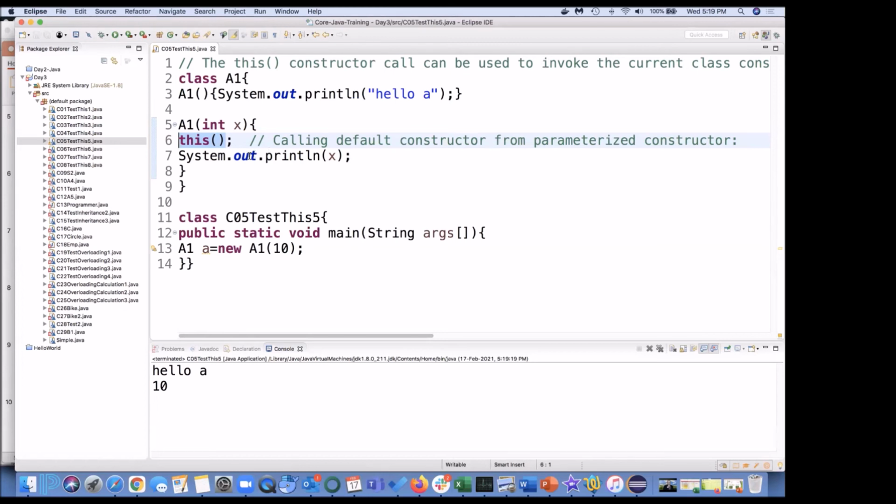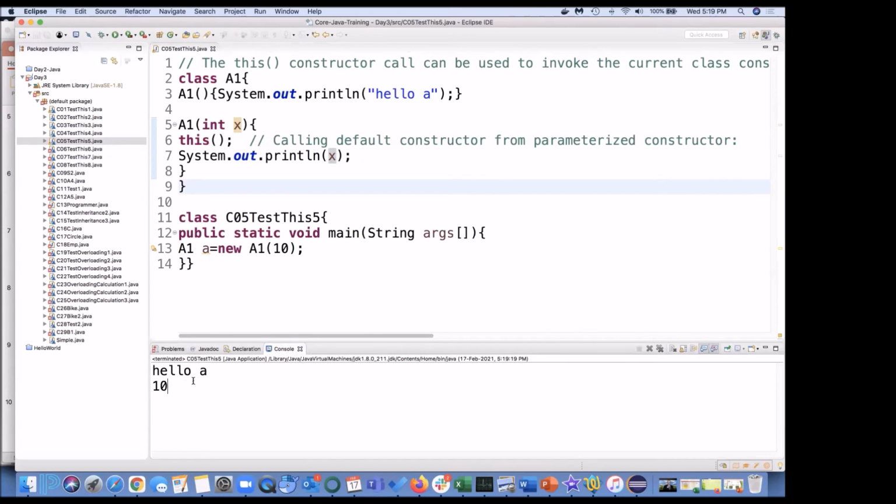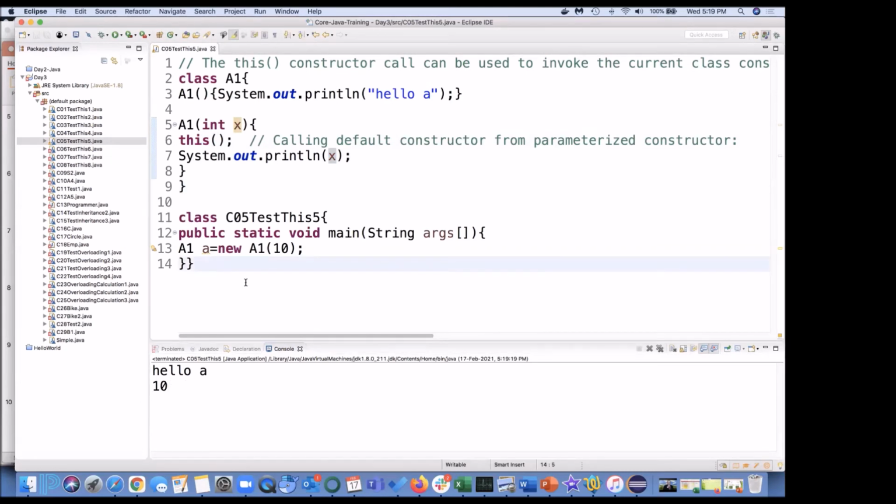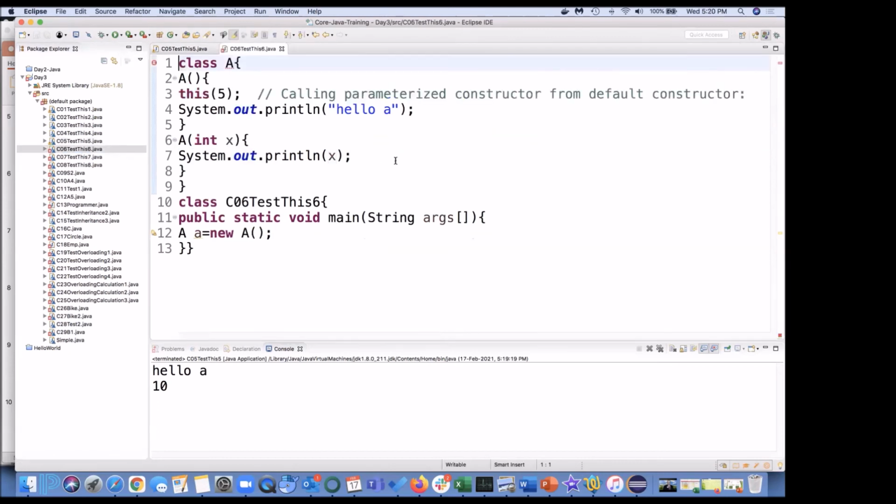Then your control came back and whatever you passed, 10, got passed here, and the output is Hello A and 10. So whenever you want to call a default constructor from a parameterized constructor, at that time you can use this() as a function. Okay. Moving to the next program.